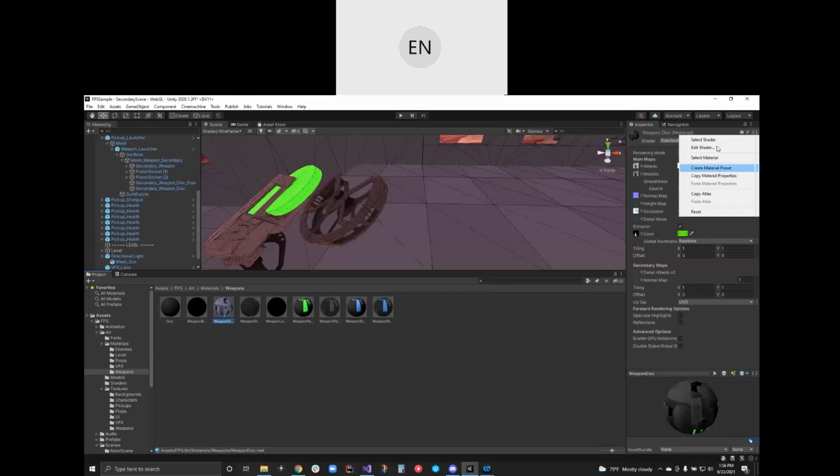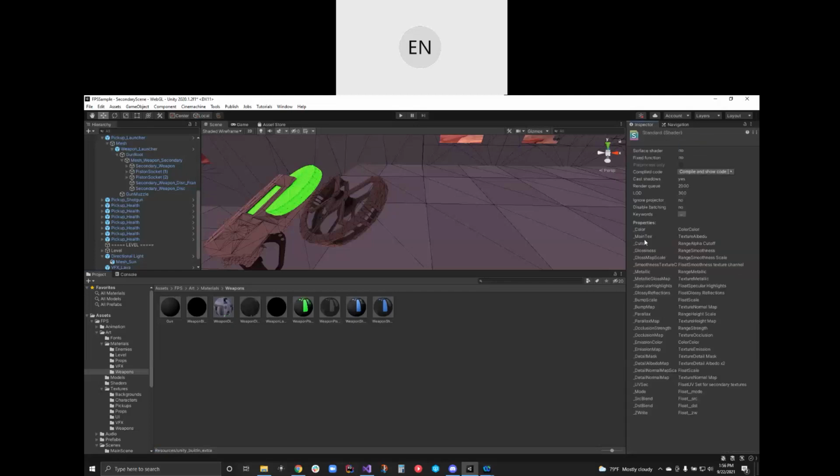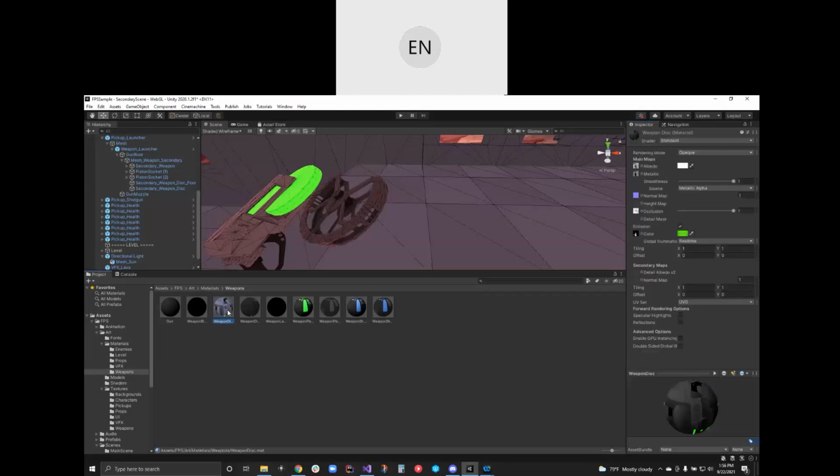So I'll just jump back quickly and say, okay, color, texture, albedo, and that is, if I jump back here, that's what this is. Texture albedo and main color over here. It's just nicely done in a graphical user interface way for you, so you don't have to look at that raw code.